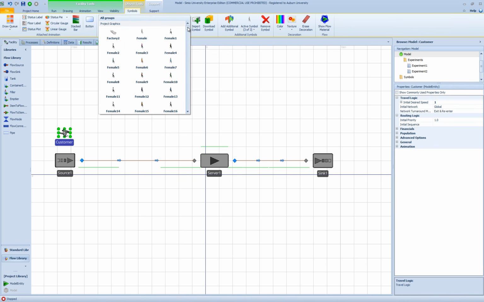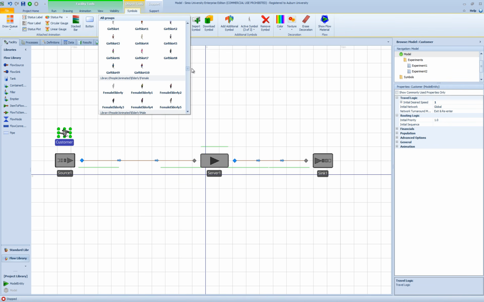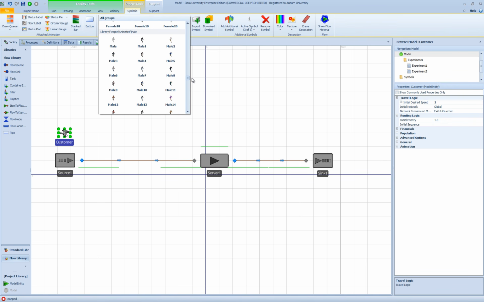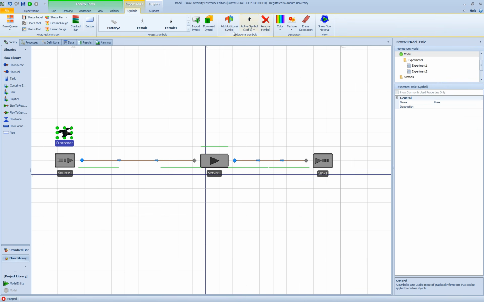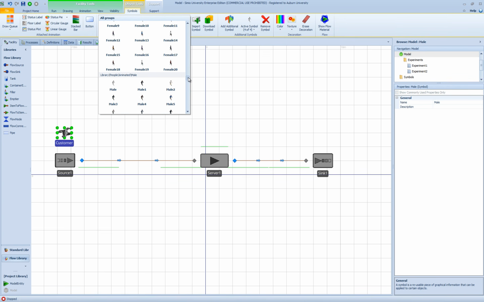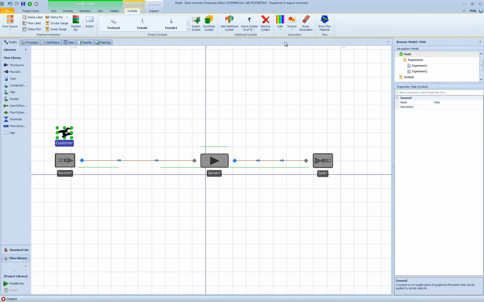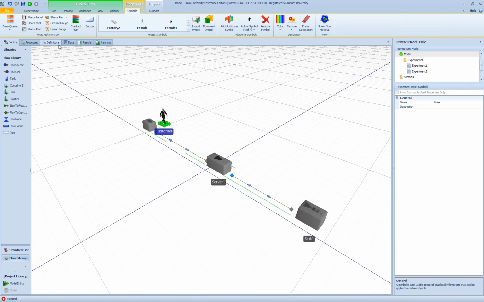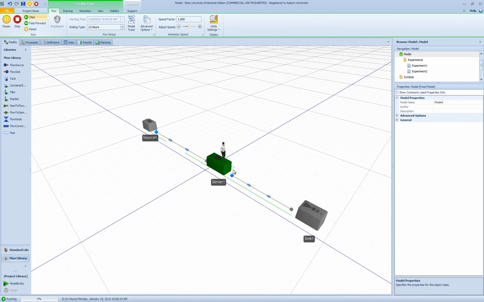And this time I'm going to select a male. And the fourth one, I'm going to select another male. So now when I run my model, I can go to 3D mode,